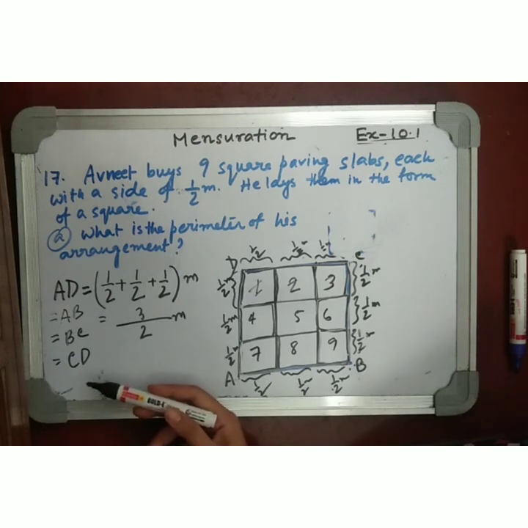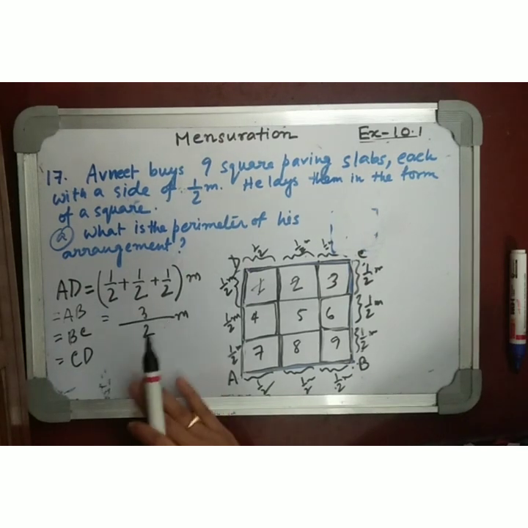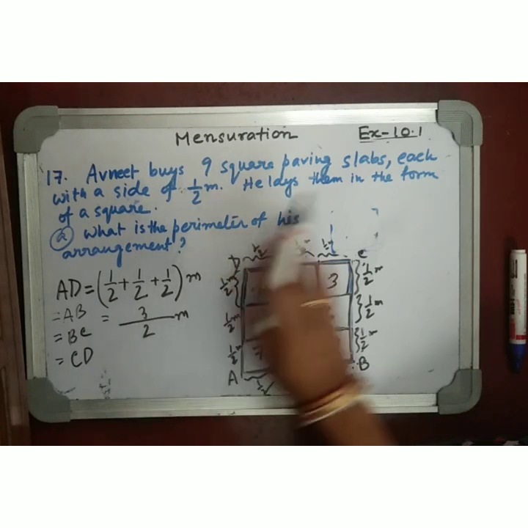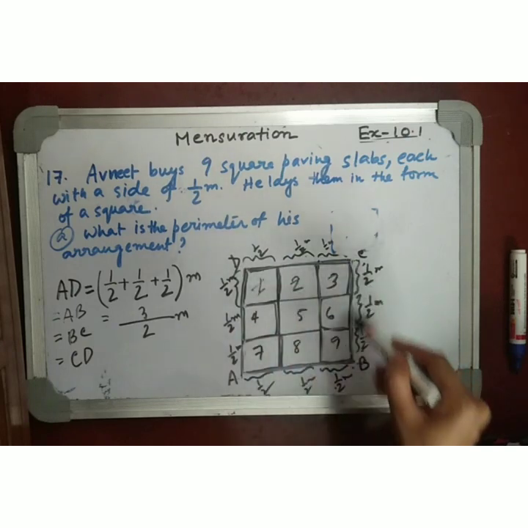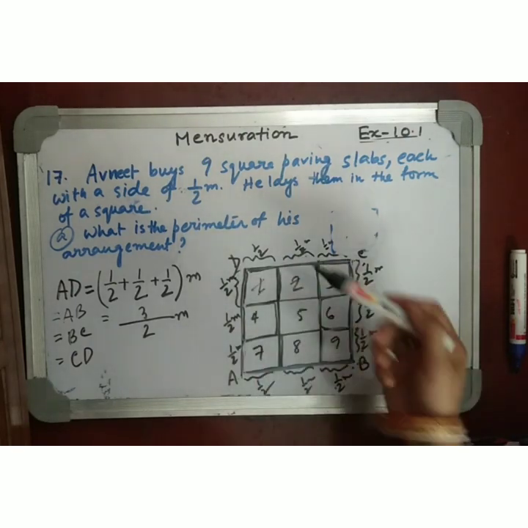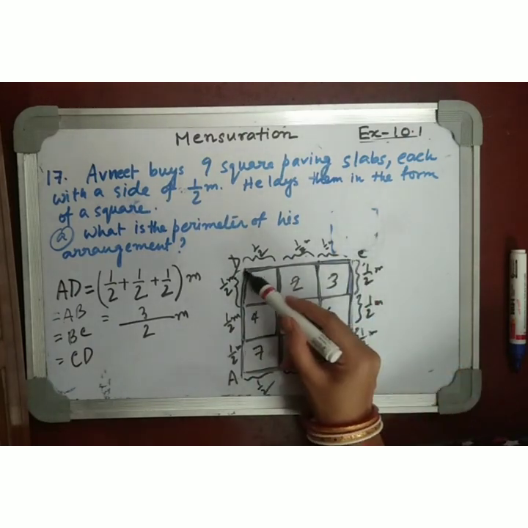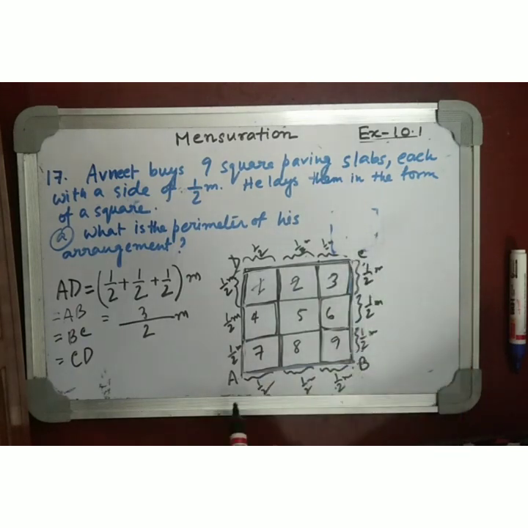First of all, this one, and secondly, we know this very well that all these are squares. So whatever the figure is that is made, that is also a square, isn't it? Because all these are of the same measurements.